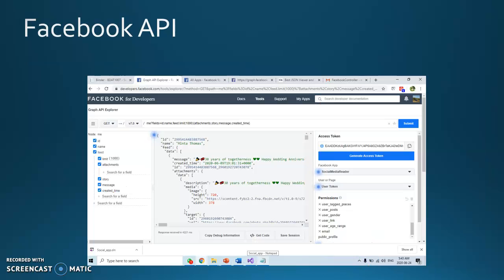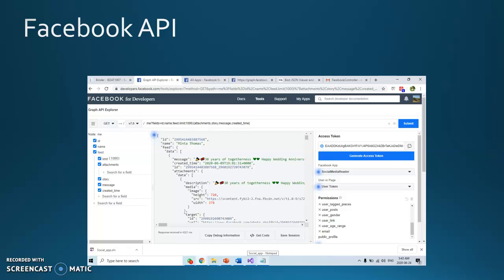Making use of this app ID and secret key, we have created a graph which includes fields like ID, name, feed. These are the main elements which are included, and the sub-elements of feed include limit, attachments, story, message, and the created time.